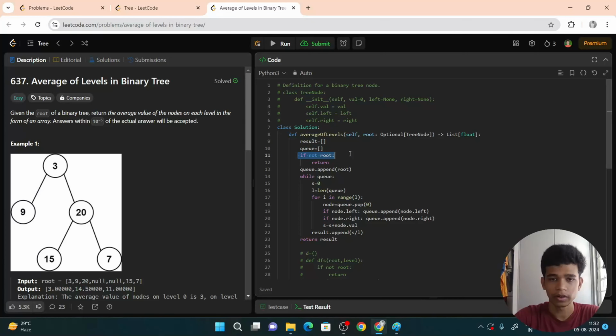Now, if not root, then how can I traverse? So I will just return. Now, queue.append(root). So I'm just putting the root inside my queue. Okay, this is the insert step. And while queue,